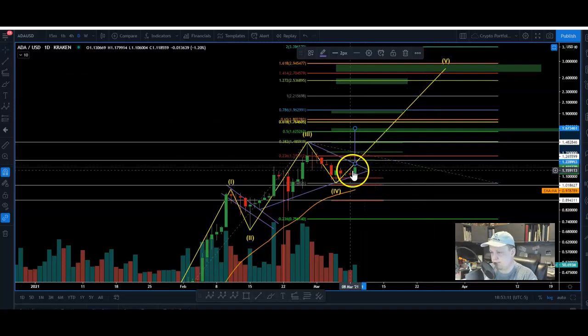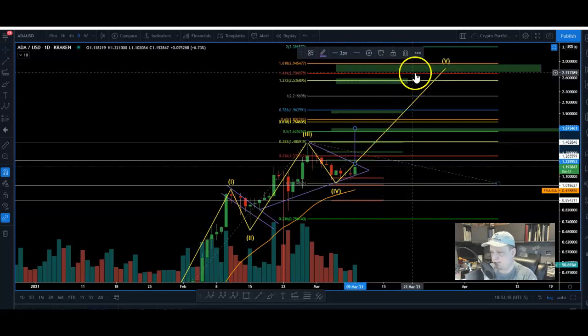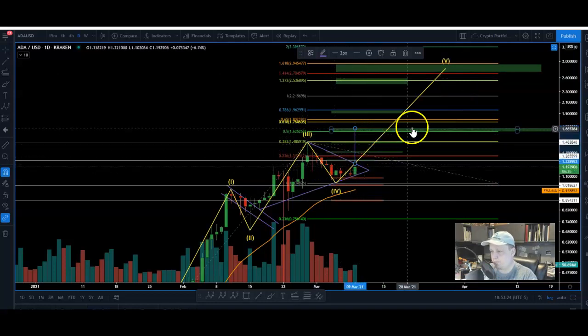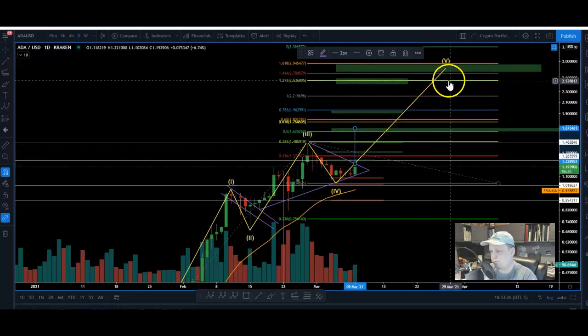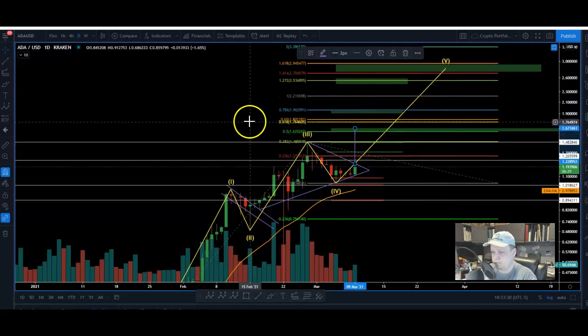You should consider, like I said in the past numerous times, figure out how to scale out of your position. You don't want to hold everything to the top because you don't know where the top is. It all depends on where you are, what you got in, and moving up your stop loss where you feel confident that it might not be stopped out, but locking in some profits is always smart.